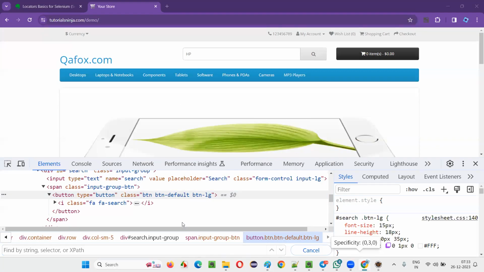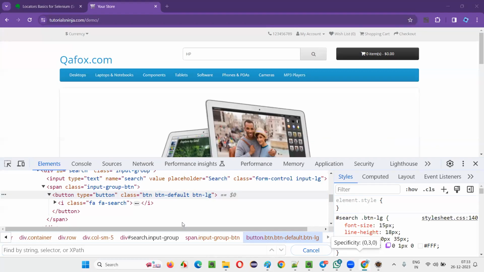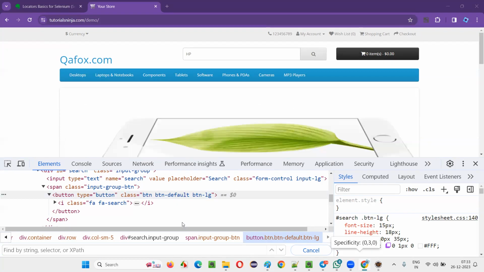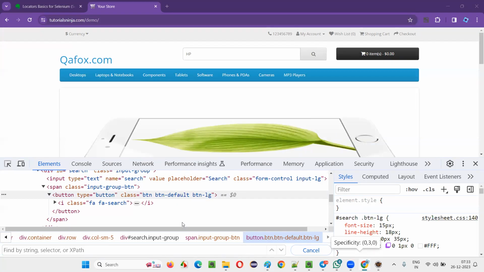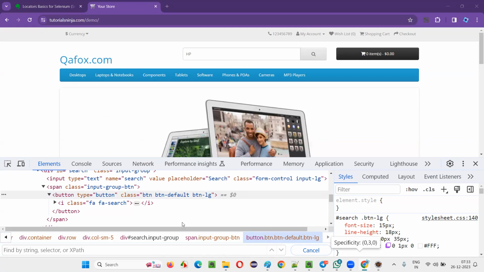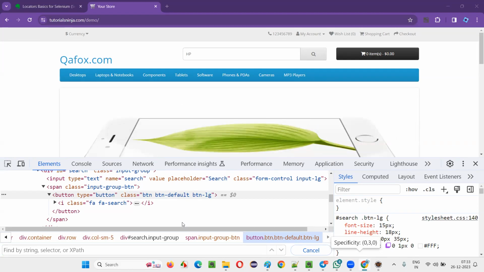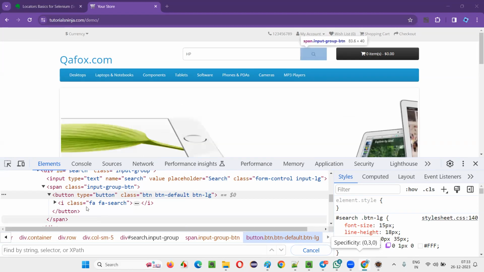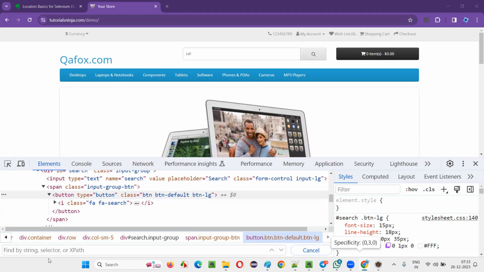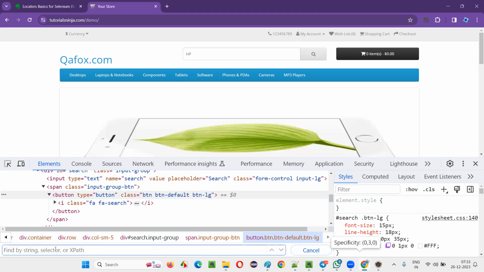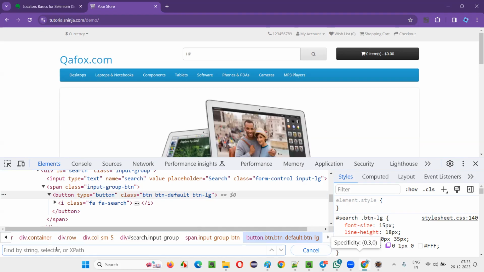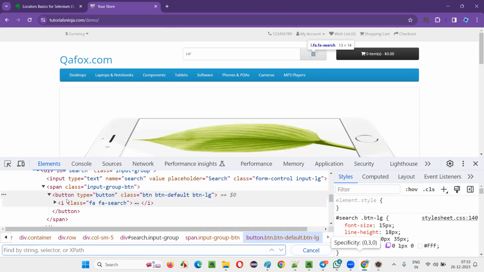Just type your answer in the chat box. Control plus F. Together I have to press the Control key and the F key. Control F. Everyone type in the chat box so that you can remember this. I want everyone to type this Control F answer. Select the required HTML line and say Control F. Great. Once you press Control F, here,